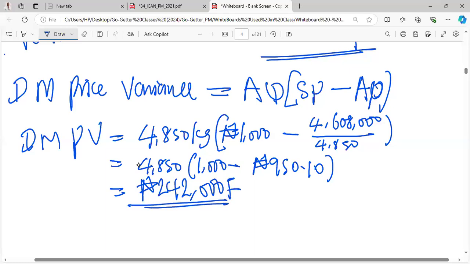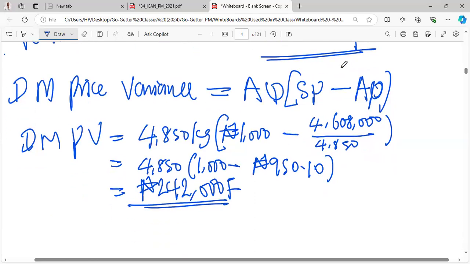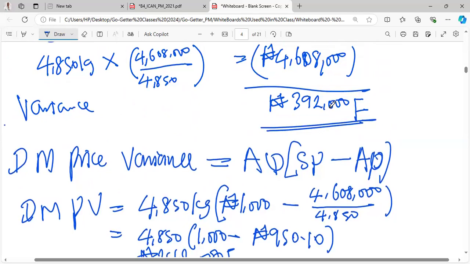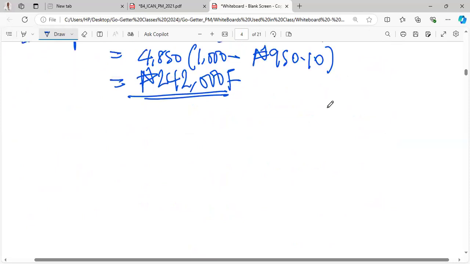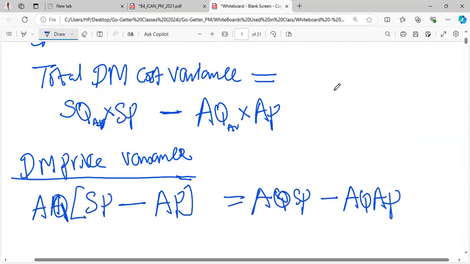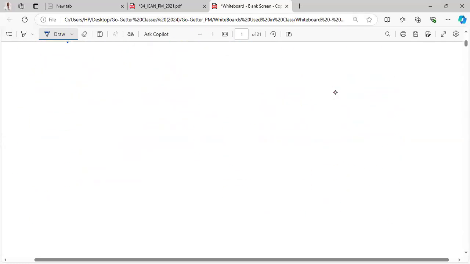242,000 favorable. So you see, this direct material price variance has told us that out of this 392, 242 is coming from price. We got it at a cheaper price from what we budgeted. And that's why we are having this favorable. Then the next one will be, after getting the direct material price variance,